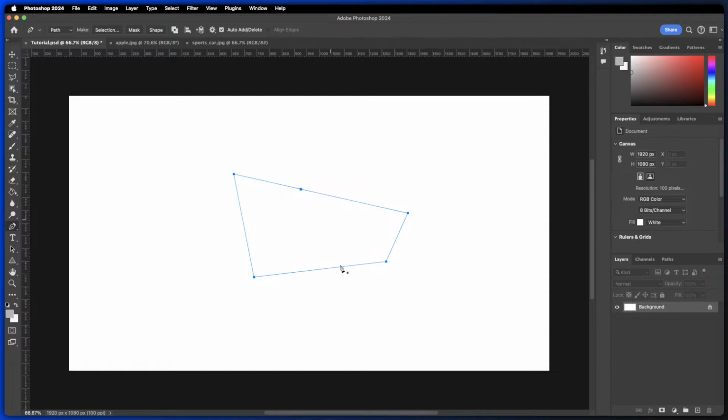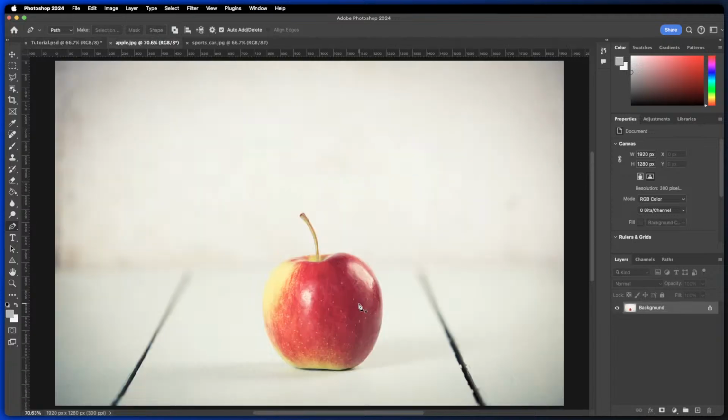So the benefit of this method is that we're not actually drawing individual pixels onto our canvas. And because it's a mathematical formula, it can always be adapted and scaled to any size. So one of the issues that we have when we go to an image and we try to scale this